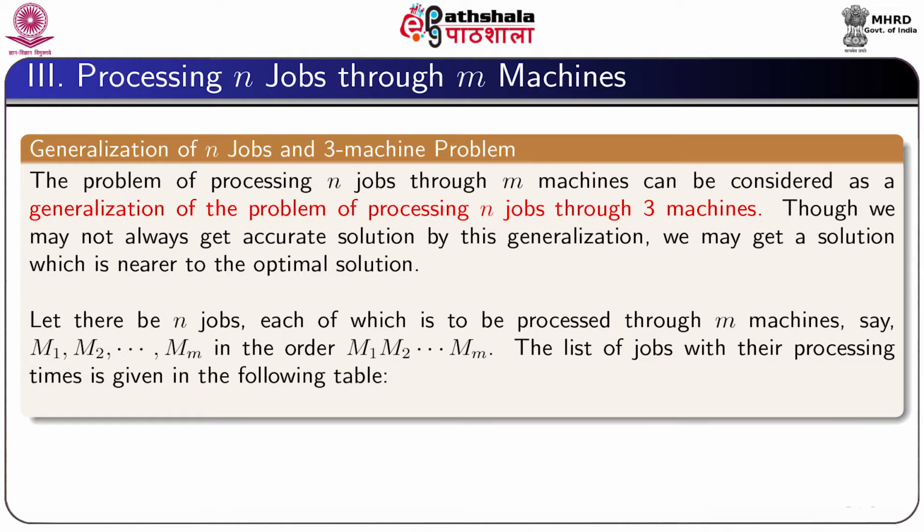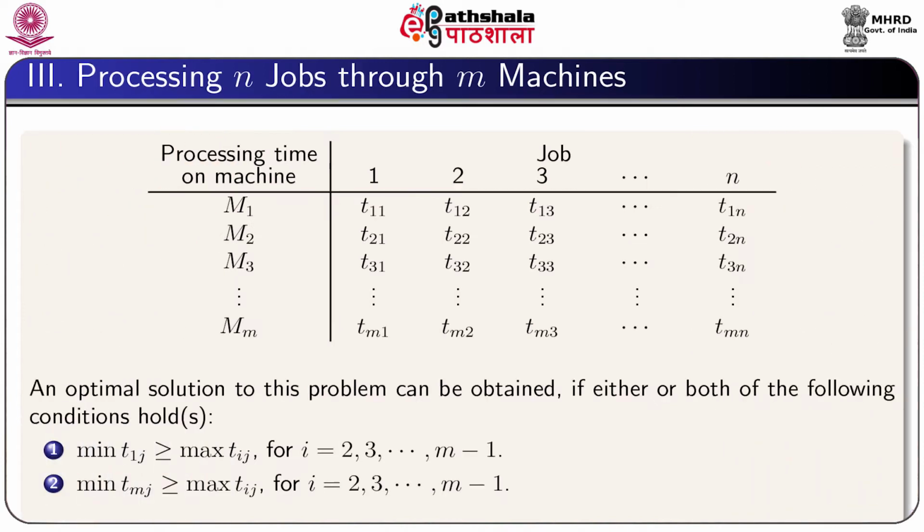Let there be n jobs, each of which is to be processed through m machines, say M1, M2 up to Mm, in the order M1, M2, Mm. The list of jobs with their processing times is given in the following table. There are n jobs 1, 2, 3 up to n, and processing times on machines M1, M2, M3 up to Mm are shown